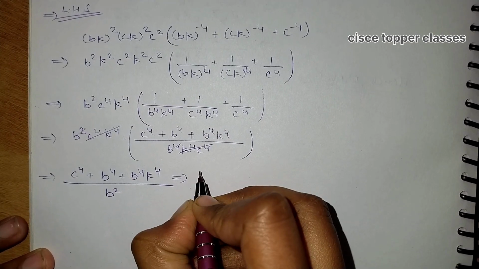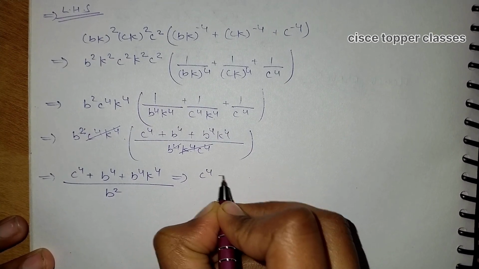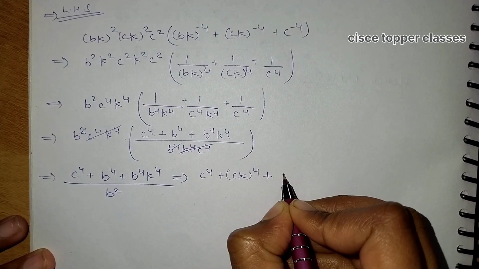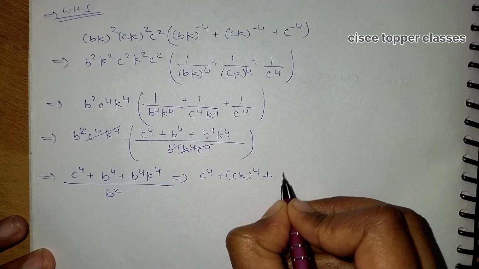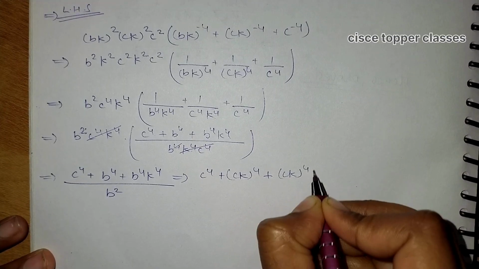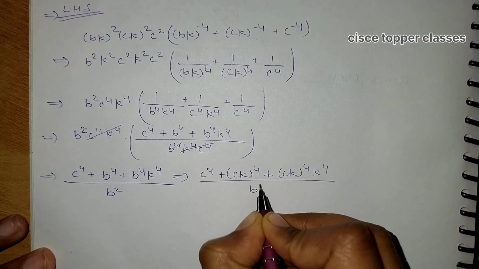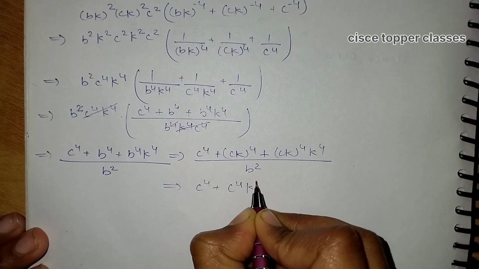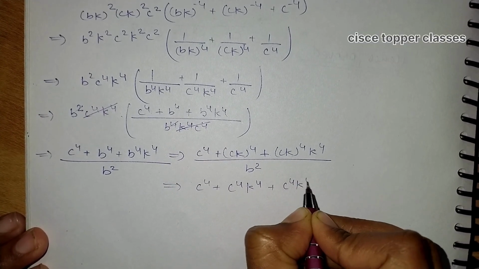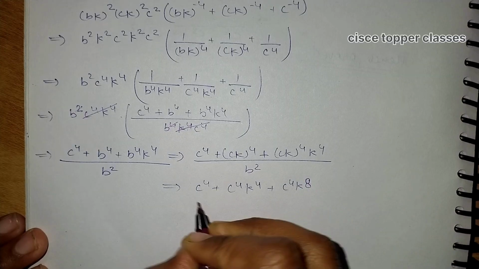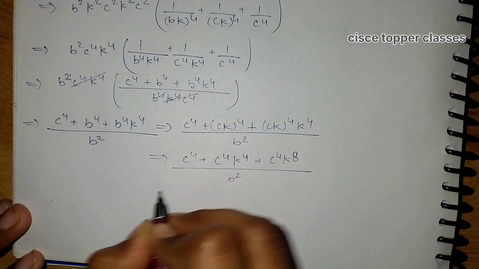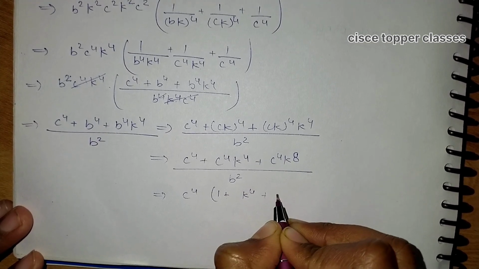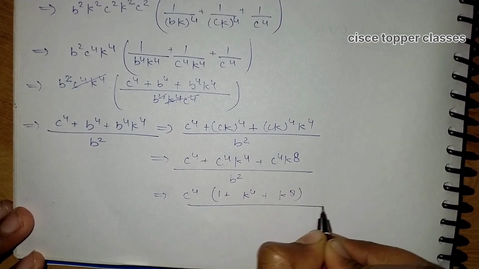C to the power 4, we can write it as C to the power 4 only, B to the power 4 is CK to the power 4, plus B to the power 4, CK to the power 4, and then K to the power 4 divided by B square. So C to the power 4 plus C to the power 4 K to the power 4 plus C to the power 4 K to the power 8 divided by B square. So we can take common 1 plus K to the power 4 plus K to the power 8 divided by B square